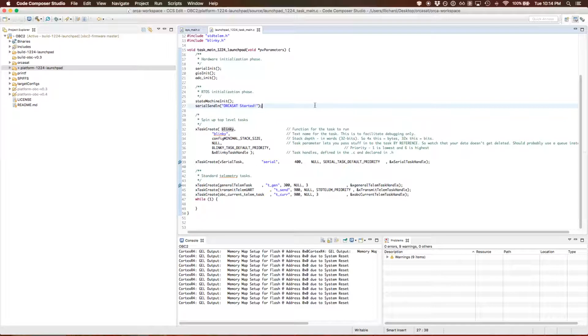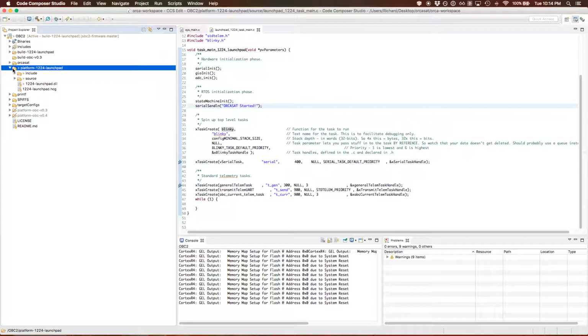I just wanted to take a couple of minutes and walk through some of the code and how it's organized in this project. Now, if you're watching this video sometime after it was recorded, this may be somewhat different, although I don't imagine it will change too much because the way things are is how we've had them for quite a while, just a little bit cleaned up and things like that. So I've got the OBC2 firmware opened in CCS, and I'll just explain what a couple of